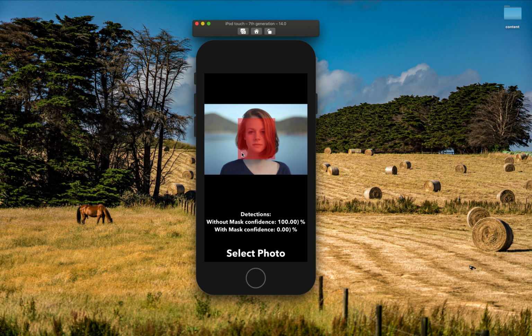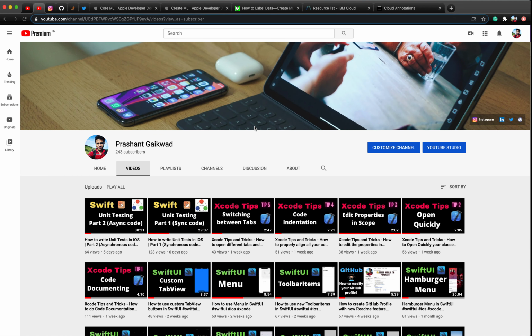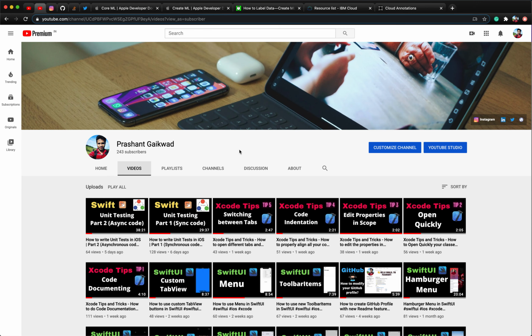That is, we have to detect some object from the image, that is object detection, which we are going to see in today's video. So to create a model for that, it will be a little bit complex and a little different, but I will tell you all the steps needed for that.